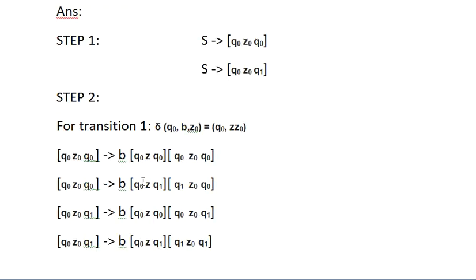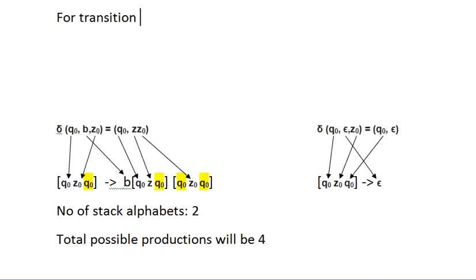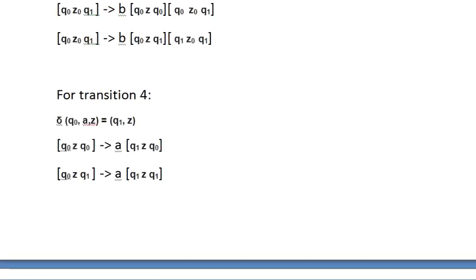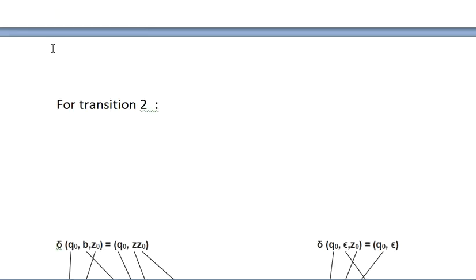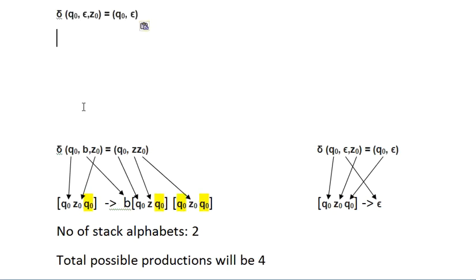Clear? So what does this transition say? Transition number 2 says that we'll be having a pop operation. How did you come to know that? Looking at the last part where we are having an epsilon, correct? If you are having an epsilon over here, this is a simple format. Look at this. If you're having a format like this, this Q0 will come to this position, Z0 will come to this position. This is fixed. Epsilon will go to this position, and whatever is in the middle part will come to this position. So this is the same. Q0 will come to this position and the rest are the same. See, as simple as that.